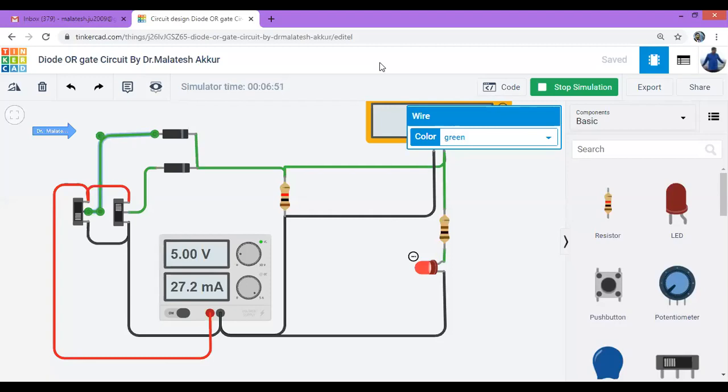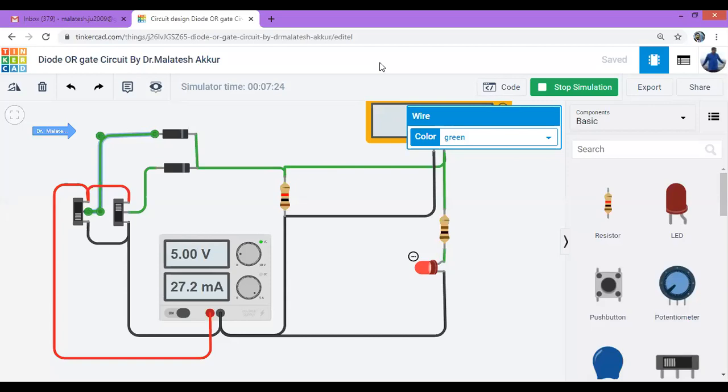Next question: why is the current not able to change in the power supply? Very good. In the power supply, we cannot change it because the current depends on what? The load, that is the load resistor, what we say. There are certain techniques in the power supply, the current source and the voltage source. Whenever it is a current source, we can vary the current. Whenever it is a voltage source, we vary the voltage. But in case of the RPS, the voltage is going to be varied, and current depends on what?